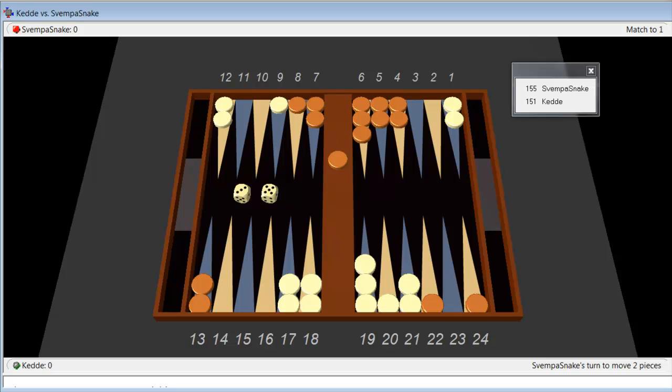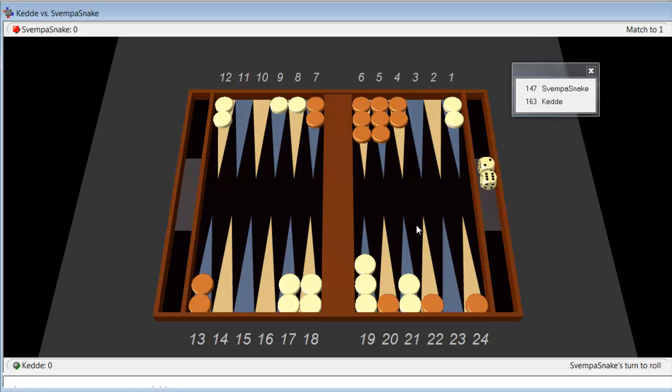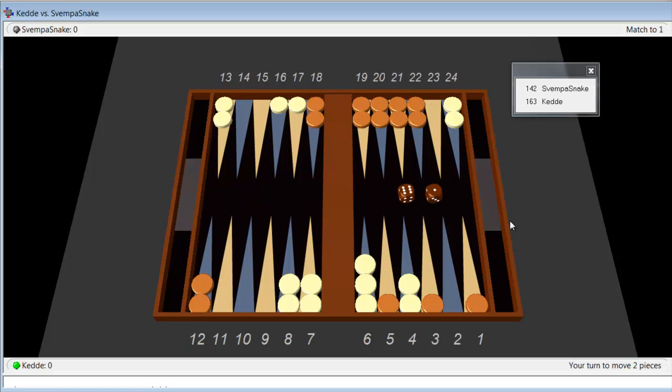Then he rolls a 5-3, so he doesn't want us to make the prime, so he hits us, but he could also make the 5 prime, but I think it's more correct to hit here and to lift the blot on the 8 point. He does that, and then we jump with a 6-2. 3-2, he can make a high anchor, or he can make the 5 prime. 6-1, it's a